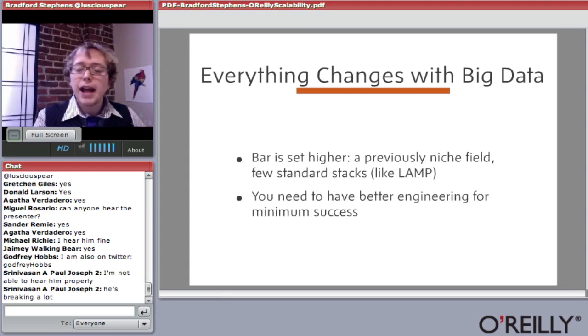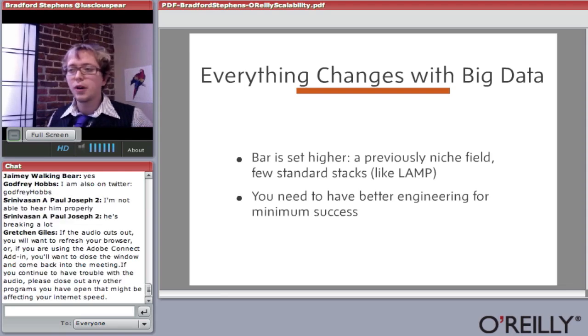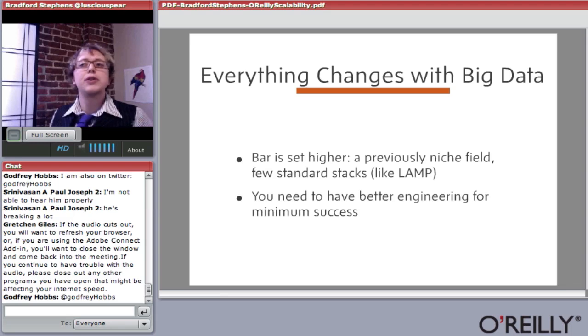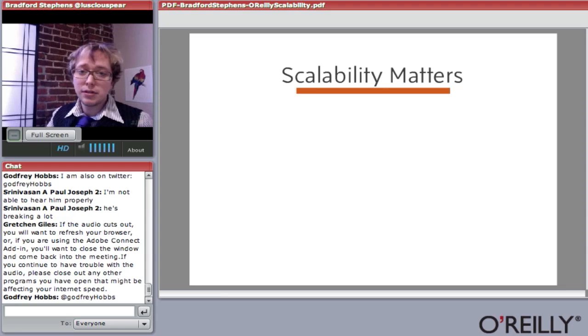But you don't really have that in this big data world. Everything has to be cobbled together by hand, whether you're using Hadoop or HBase or Cassandra or building your own key value store for some reason. Because you're having to cobble together these things, you really need to have top-notch engineering, because a lot of times when things go wrong in these systems, you won't find out for hours later, or you won't know until you get these odd cascading failures. So you really have to look at how you build stuff from the ground up in order to even achieve minimum success, or you're going to be in a lot of trouble.